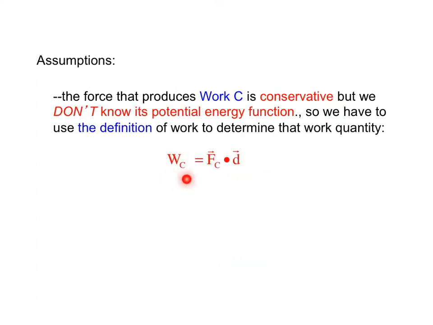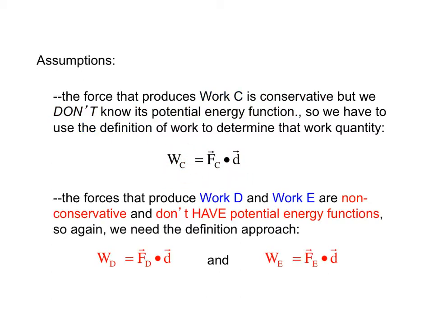Force C is assumed to be a conservative force that we don't know the potential energy function for, which means we have to use F dot D to be able to determine its work quantity. And I'm going to assume that forces D and E are non-conservative forces, like friction for instance, that don't even have potential energy functions defined for them. So to figure out how much work they do, we're going to have to use the F dot D approach